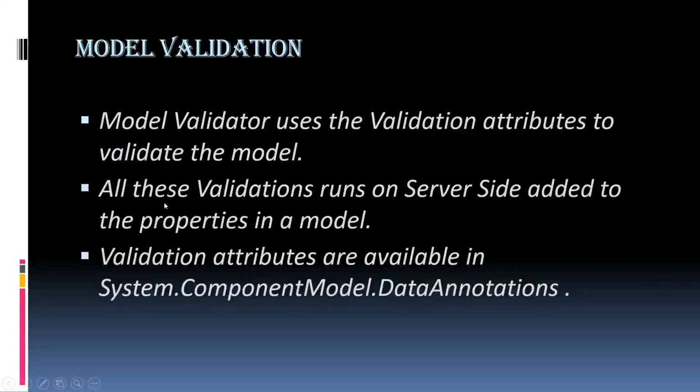We have already learned how the model binding works in ASP.NET Core applications. When the HTTP request arrives, the model binder is invoked before passing the control to the controller action method. Model binder not only binds a value to the action parameter, but also validates them by using the model validator. The model validator runs after the model binding, and runs a series of validations on each property of the model based on the attributes that you set on the model property. These attributes are called validation attributes and contain the code which is used by the model validator to validate the model.